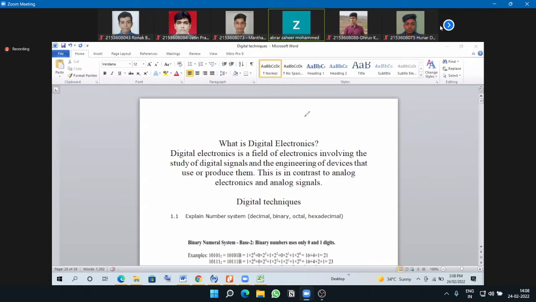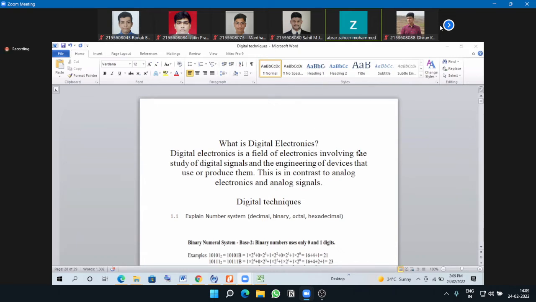Next is what? Octal. What is the octal? Sir, the number varying from 0 to 7. Yes. 3-bit number. Yes, in the octal we have the digits from 0 to 7. That is, we have 8 numbers. That's why the base of this is base 8. Okay. In this octal number system, the digits that we can represent are from 0 to 7. And that is 8 numbers. So that's why the base is 8.